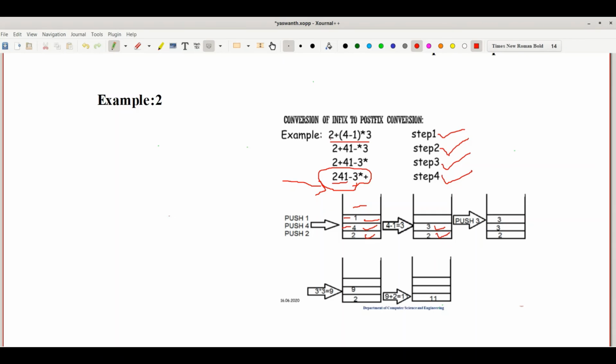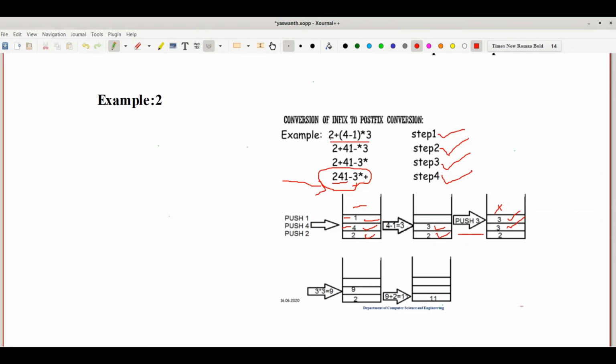And what is the next value I have to insert? Minus completed. Next, 3 is there again, so I have pushed the 3 here. See the process. And what is the next character? Multiplication. Whenever multiplication comes, I have to multiply the top two values. What are the top two values? 3 and 3. 3 threes are 9. That I have to insert into the stack.